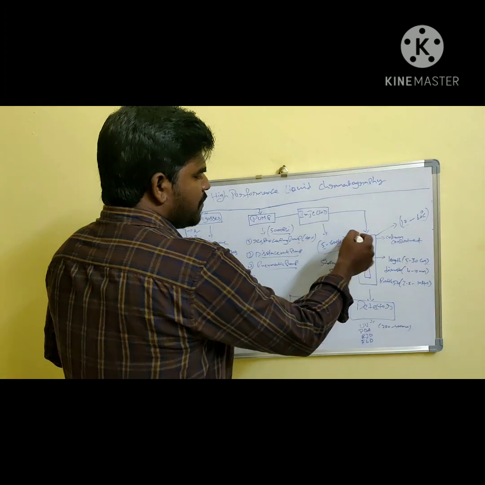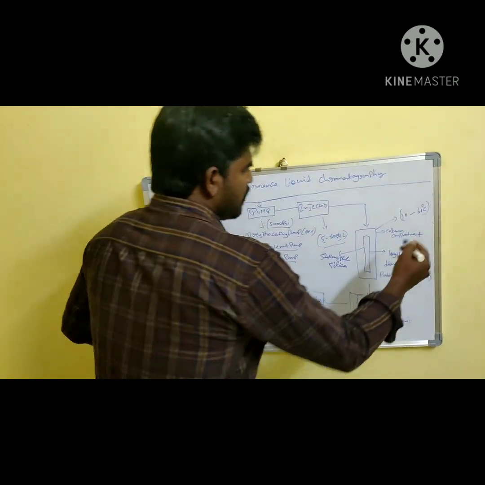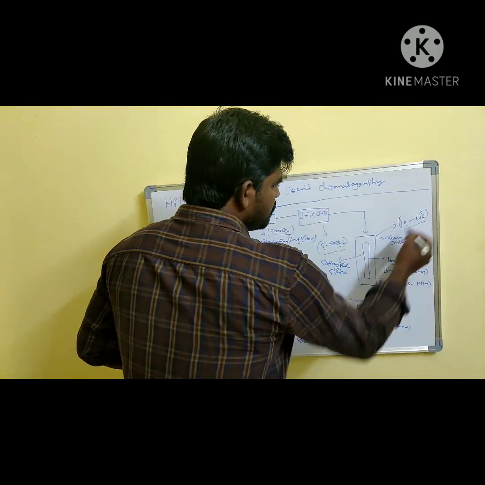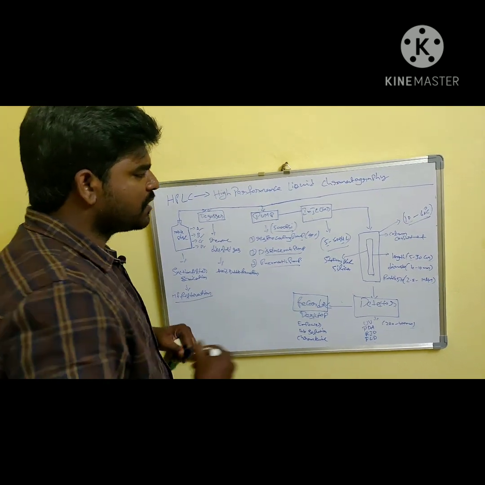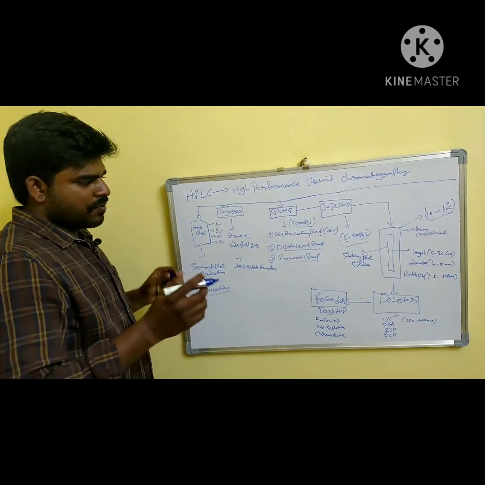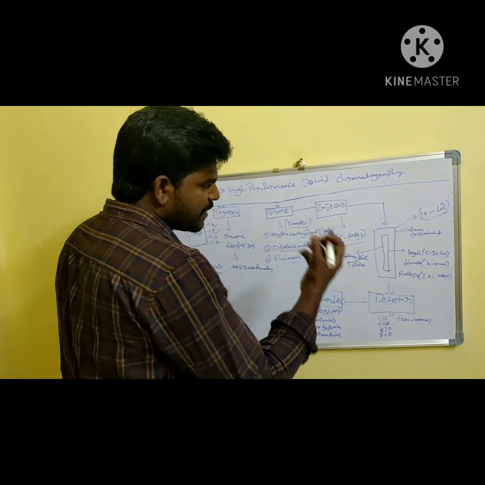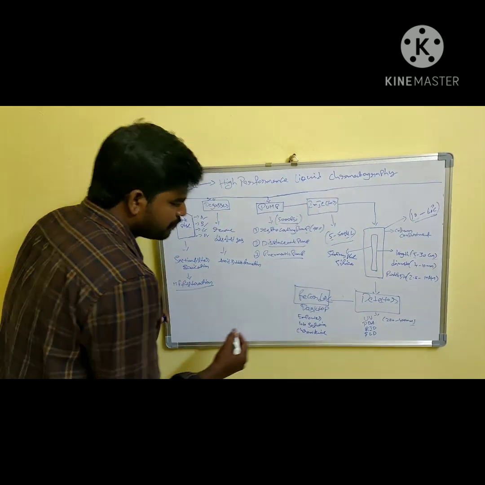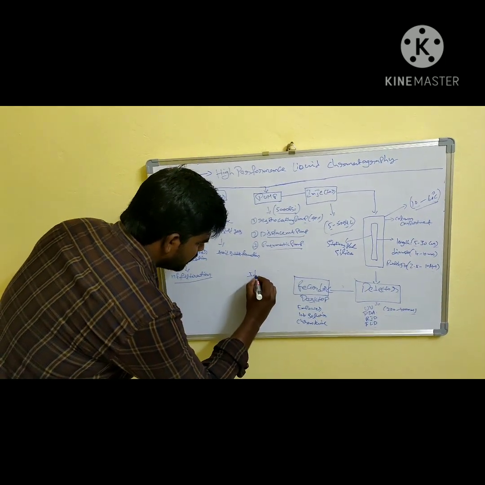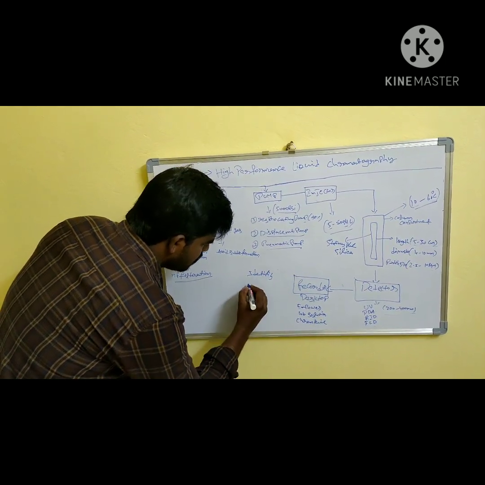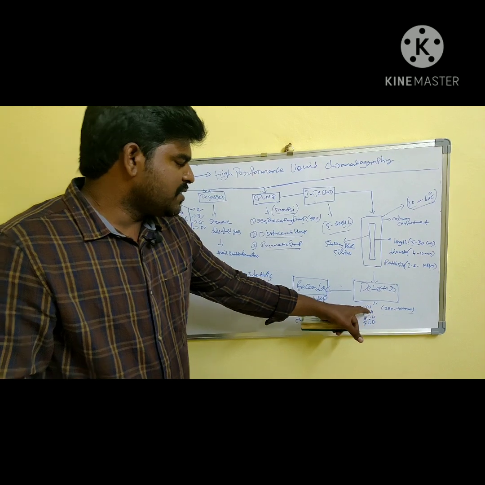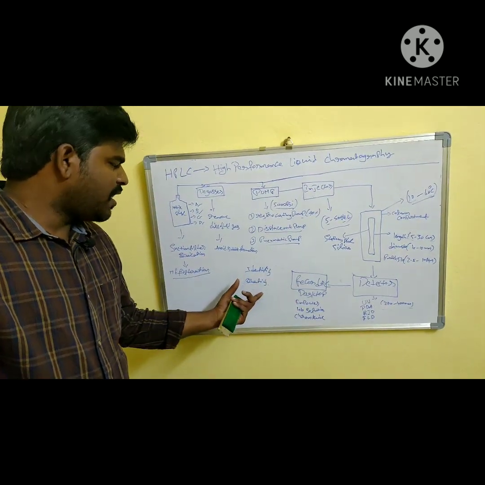There is a column compartment to maintain the temperature of the particular method. The operating range of the column compartment is 10 to 60 degrees. After that, the sample reaches the detector. Whenever the sample reaches the detector, it will detect and identify what compound it is, and quantify how much quantity is available.